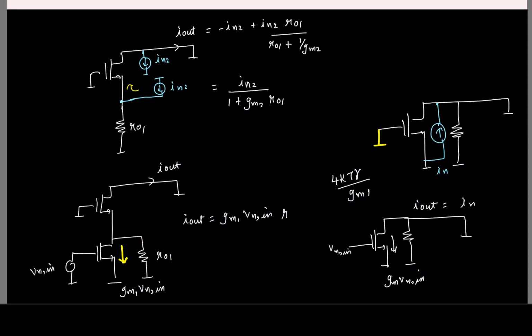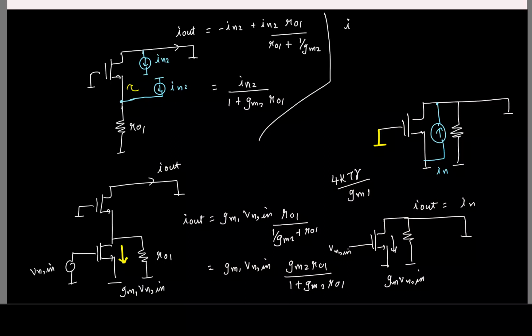So this will also be the same, R01 by R01 plus 1 by GM2, right? So this is again GM1 VNN. Let's quickly write the complete transfer, input referred noise. So I out is IN2 by 1 plus GM2 R01, and the transfer function is